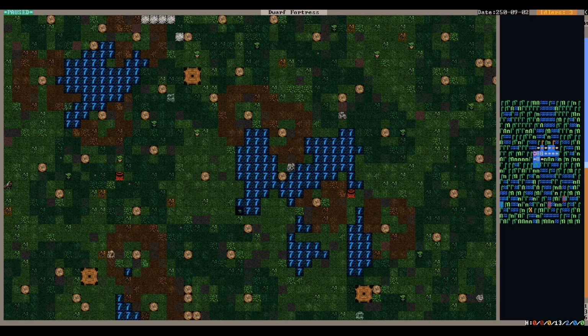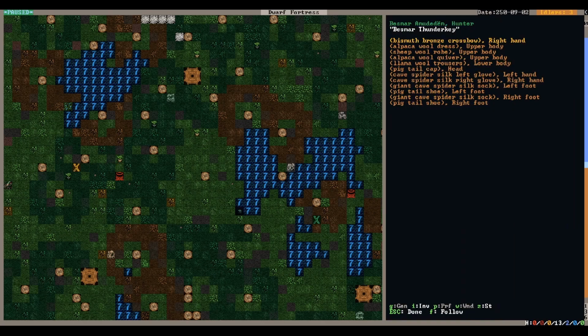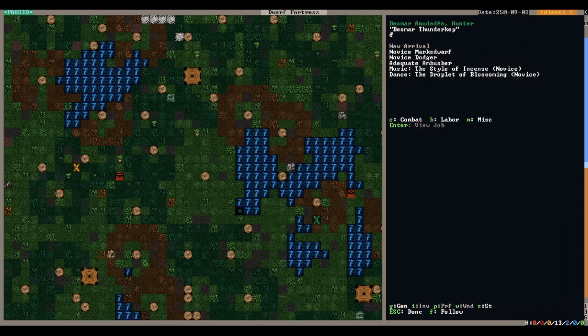Okay, here they are coming from this side. So, let's take a look at them as they come through. We have Besmar Thunderkey. I like that name. Amudedem Thunderkey. He's a hunter. You know what, hunter? I will set up some people to hunt. Maybe either at the end of this episode or at the start of the next. But for now, please for now,